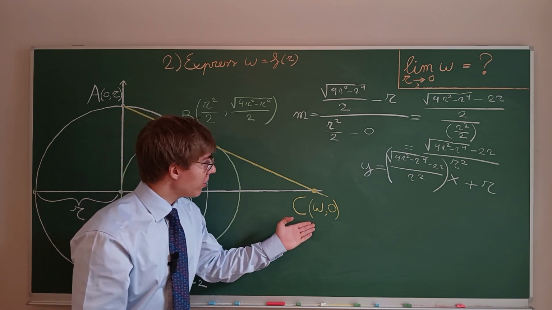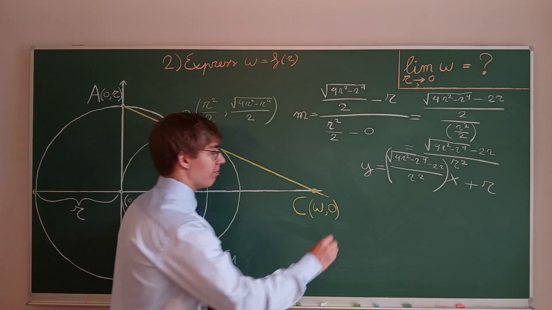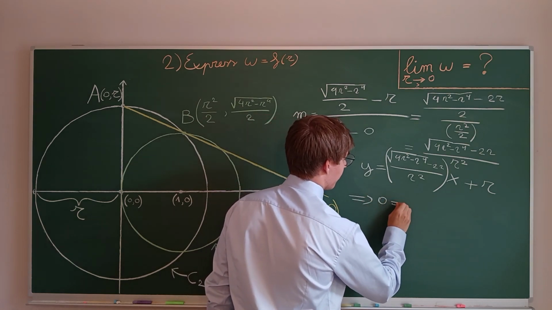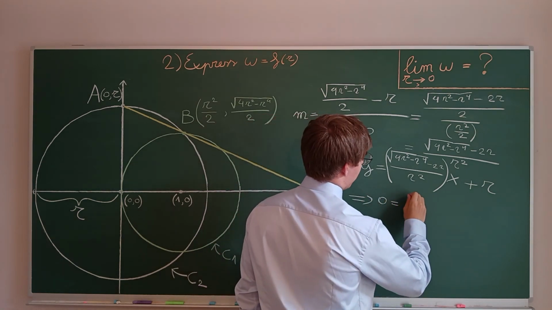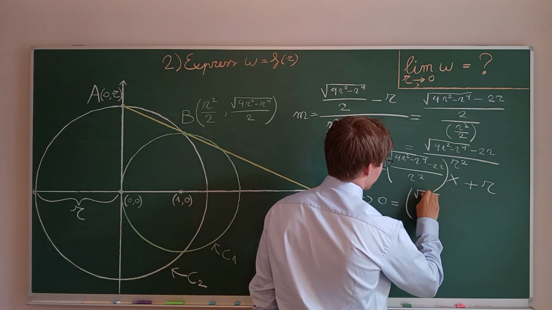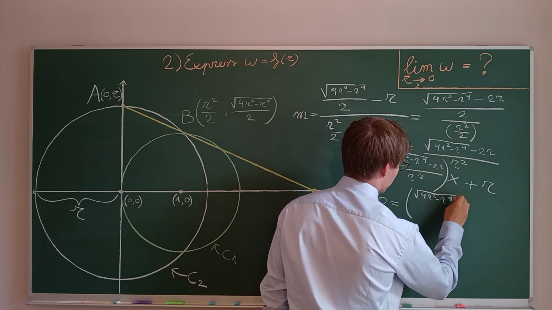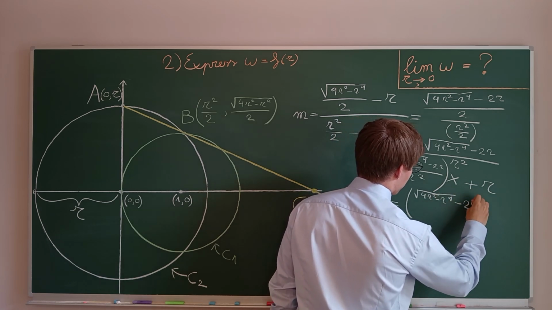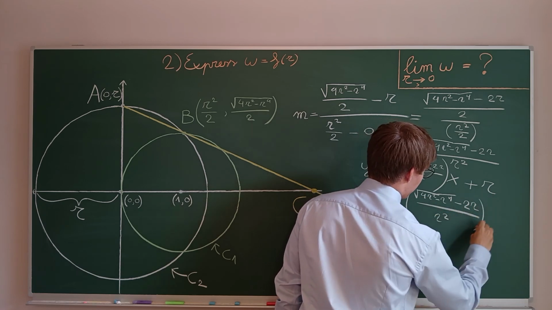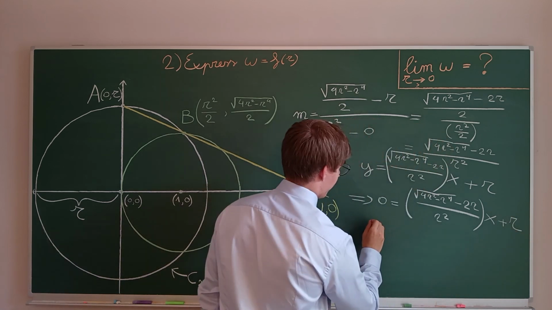So to calculate omega, we have to plug in y equals 0. So 0 equals this whole thing times x plus r,